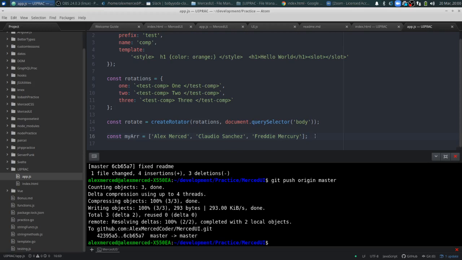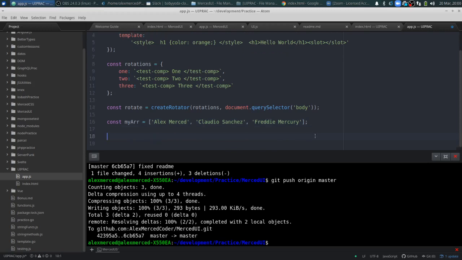Now what I want to do is map this to the DOM. So the way I do this is the function is called mapToDom. The very first parameter is the array. That's the array I want to map to the DOM. And the second thing is a callback function, very similar to your callbacks for higher order functions. So if you're used to filter, map, etc., this should feel very familiar. So value, index,